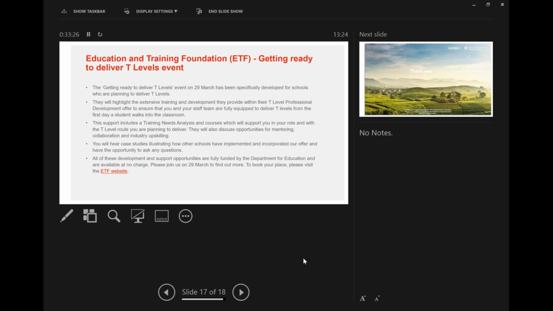And this event will highlight the training and development provided by the ETF within their T-level professional development programme. If you haven't visited the ETF website recently, there are masses and masses of resources on there already for delivering T-levels. And they are currently developing a training programme specifically targeted to the land-based T-levels. So those resources will be available in due course.